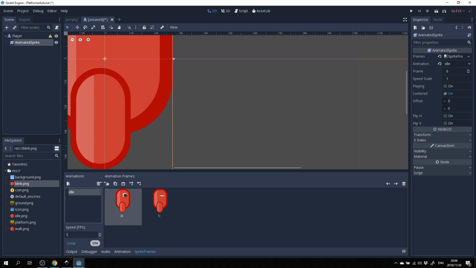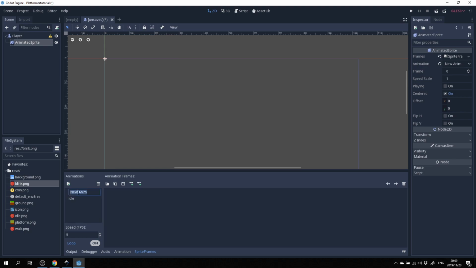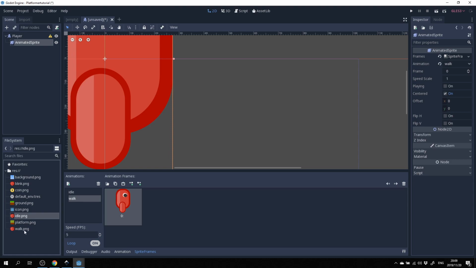The next one, I'm going to add another one and call this walk animation, and that's basically between an idle and a walk. You just drag those in, and you'll see it's just got a slight offset on the foot. This isn't the greatest animation, but you can do a lot more complex things with these animation frames. The speed is 5 frames per second at the moment, and we'll control this via our player script a little later on. So great, that's our animations. For now that's set up.